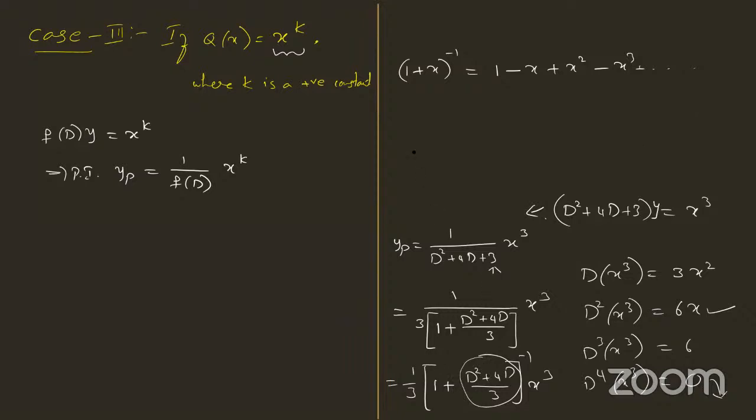Now see, using this series expansion, we try to expand even this function which is in brackets. And thereby see what happens here. What is actually x here? It is nothing but D square plus 4D by 3. If you take square of this, you will get D square plus 4D by 3 whole square. Then if you take cube of that, the same thing, power 3. But see, the idea what you have is, though you take more number of terms here, after the third derivative, all other terms become 0. Since you have this advantage, even if it has infinitely many terms here, that doesn't really affect our simplification. So what we are trying to do here, when it is this x to the power of k,